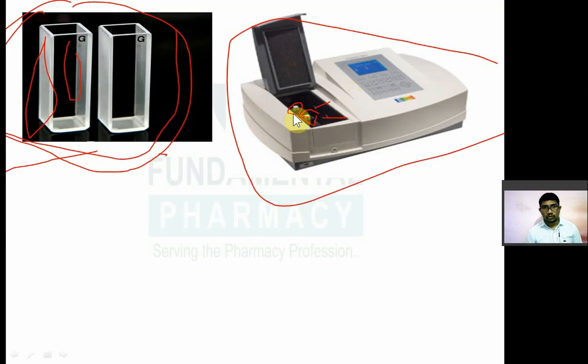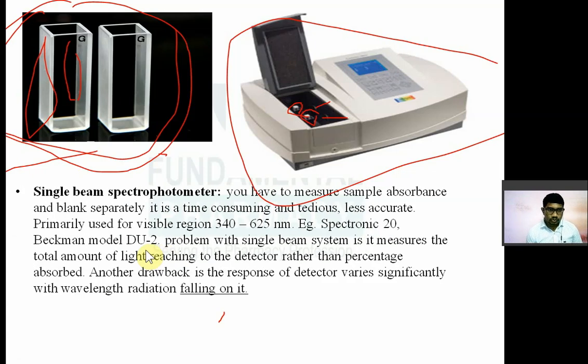पहले क्या था कि सिंगल बीम स्पेक्ट्रोफोटोमीटर थे, तो उसमें आपको पहले स्टैंडर्ड का मेजर करो, उसके बाद नोट करो, फिर सॉल्यूशन फेंक दो दूसरा क्यूवेट में, सैंपल का भरो, फिर मेजर करो, तो ये एक ही चीज दो बार करना पड़ता था। यहाँ पे वो दो साइमल्टेनियसली मेजर करेंगे, ठीक है, सैंपल का भी और स्टैंडर्ड का भी, सो रेफरेंस स्टैंडर्ड प्लस सैंपल, डबल बीम स्पेक्ट्रोफोटोमीटर, टाइम भी बचेगा और एक्यूरेसी भी बढ़ेगी।